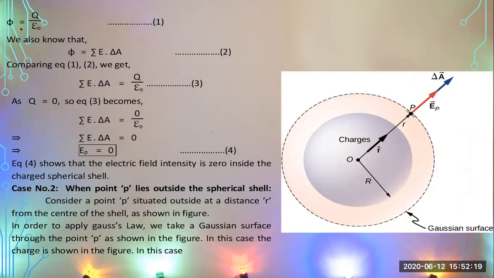These are the amount of charges times 1 over epsilon naught. This is the basic statement of Gauss's law. Then whenever electric lines are passing through a certain area, the electric flux is calculated by using this formula. Same steps we did in the previous slide, where we calculated the electric flux due to a closed surface. This is the same, and we are repeating it again.